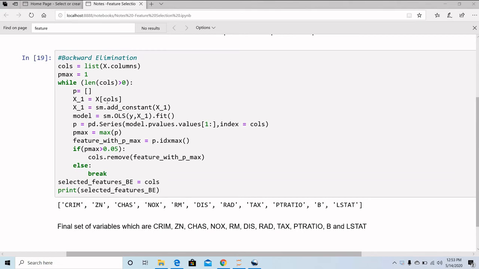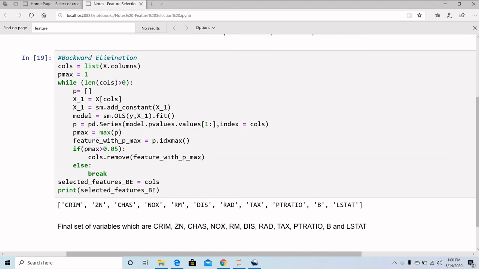So here I have done model equal to sm.OLS, passing the parameters y and X1 to my model, and then I have fitted it. Now p is equal to pd.Series(model.pvalues.values[1:], index=cols). We are selecting all the p-values from the model. The values are the array stored in the form of a series, the index is the names of the columns, and the values are the p-values.